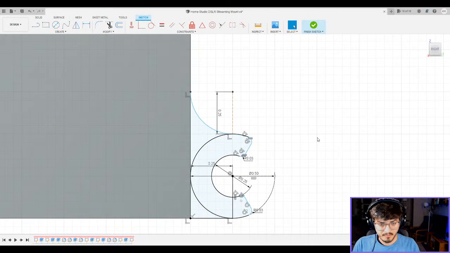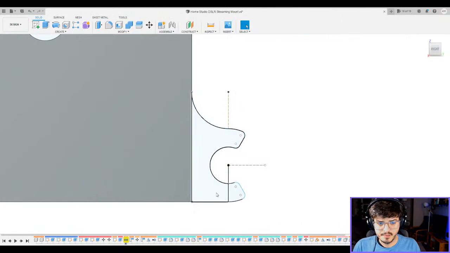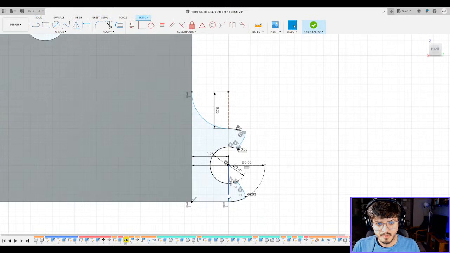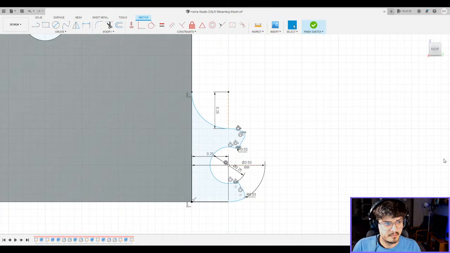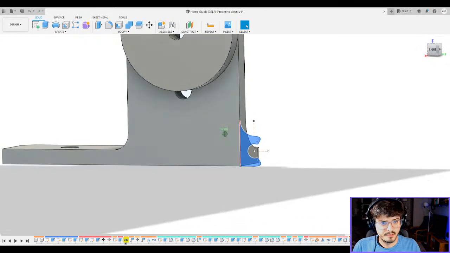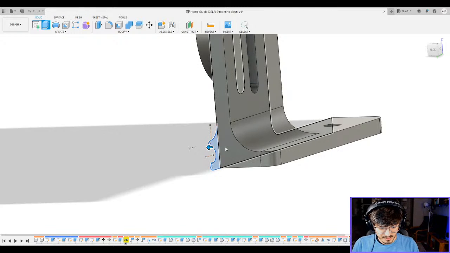Then I'm gonna go back in. Remove that. We don't need any of that, right? Finish. Let's go back in. Remove that as well. Finish. Now that's what I need. Perfect. All right, and I'm going to extrude that by the 1/4 inch. Nope, other way, in the negative direction.